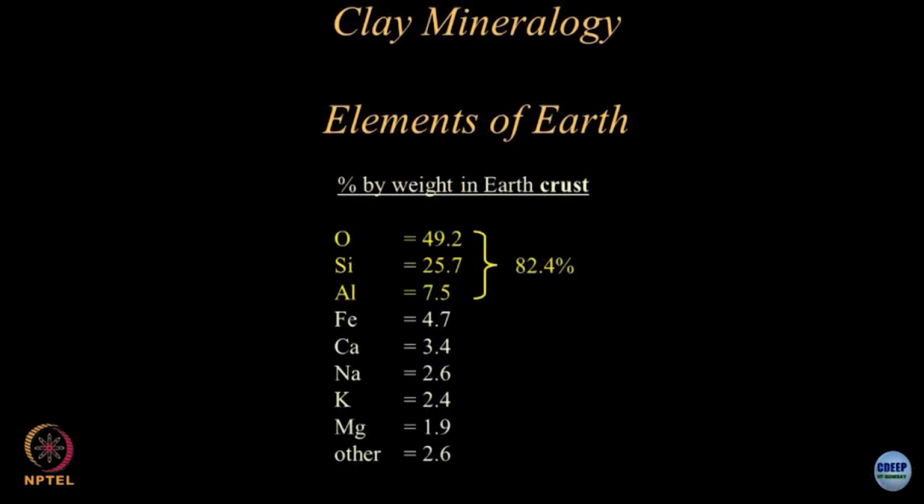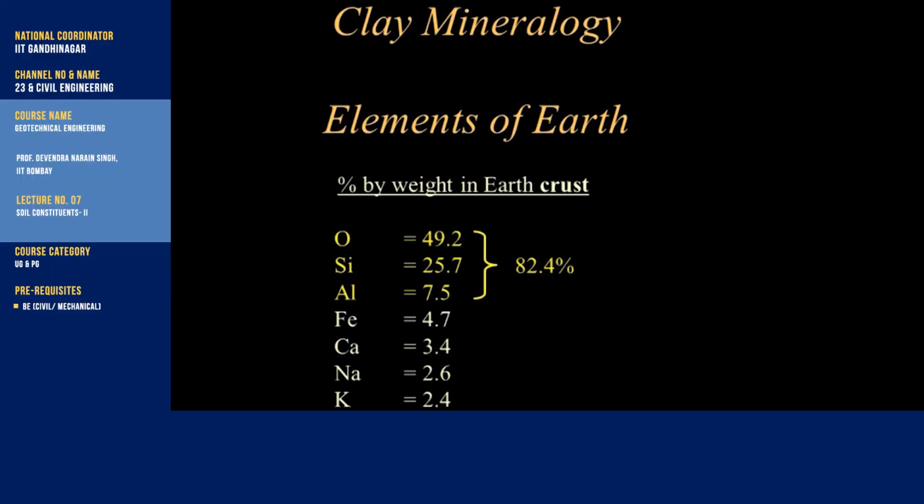Normally, please get some time to go through the facilities which are available in IIT Bombay, very unique facilities. These are known as XRD, XRF, SEM. So, you take the sample of the soil and put it in this type of equipment, do the analysis, and you will find that these are the elements which we are interested in. We call them percentage by weight: oxygen, silicon, aluminum, iron, calcium, sodium, potassium, magnesium and others. Alright, and what you will notice is that oxygen, silica and alumina would constitute about 80 to 90% of everything.